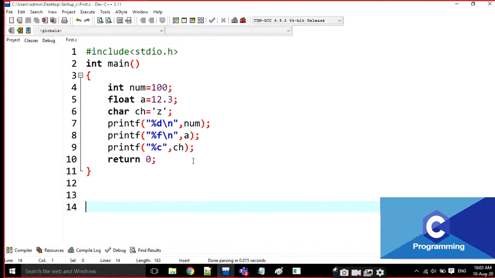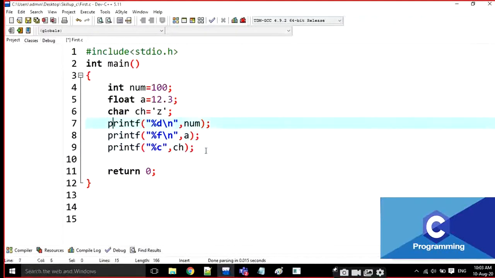And I am going to mention here, I am going to write here what is the size also. %d, size of num.